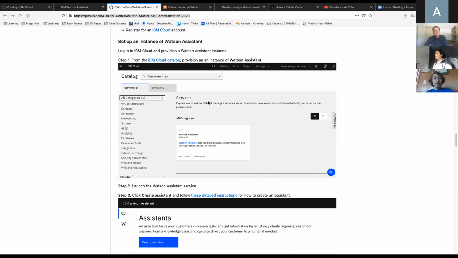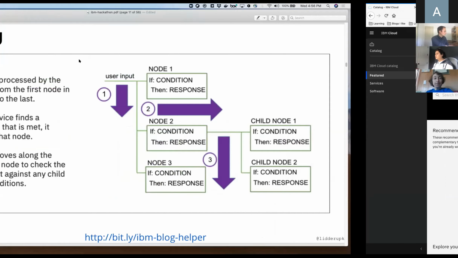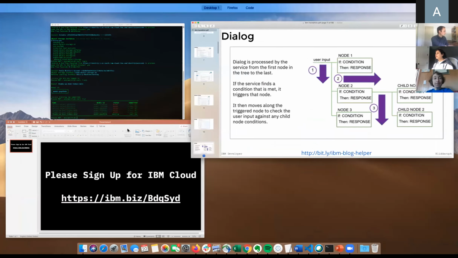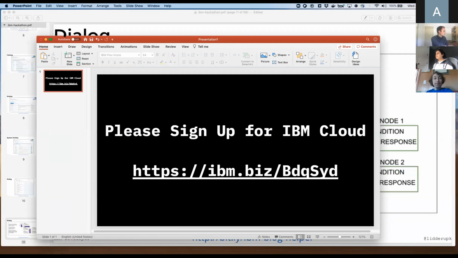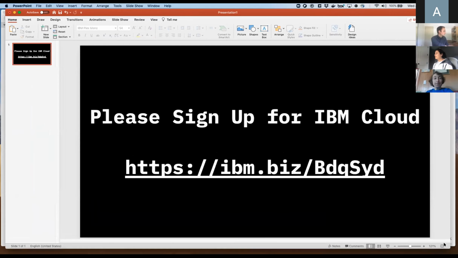So the first thing you'll need to do is set up an instance of Watson Assistant. I want to walk you through a little bit about the IBM Cloud Catalog. So let me jump back a little bit. To access the IBM Cloud Catalog, you're going to need to sign up for an IBM Cloud account.